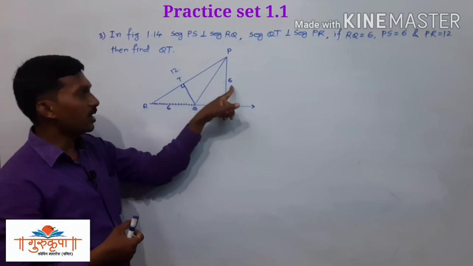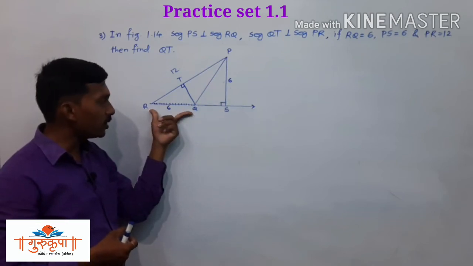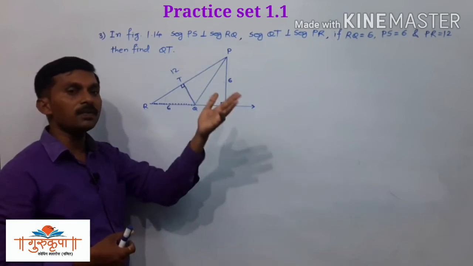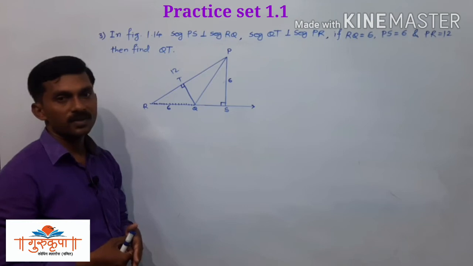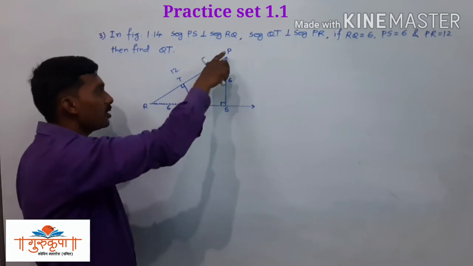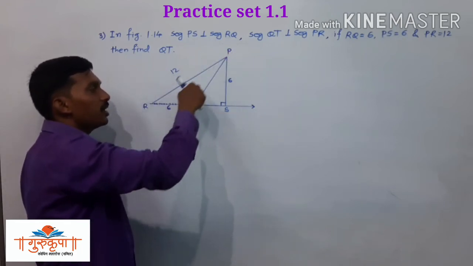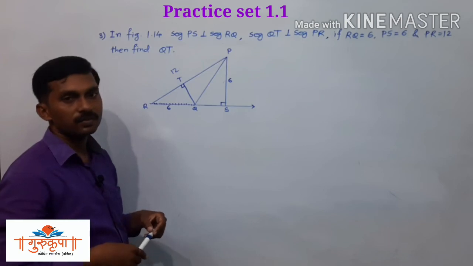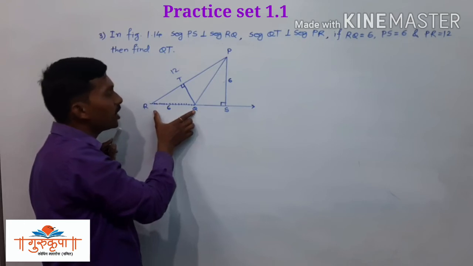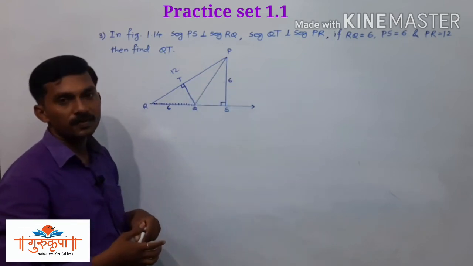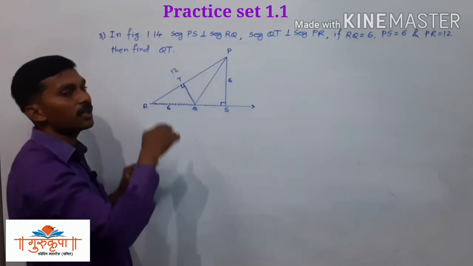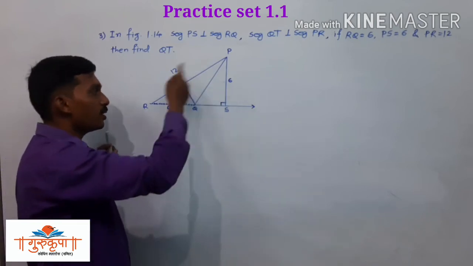First we know the base and height. We know the base of the triangle PQR, it is 6 and the height of triangle PQR is 6. So you can easily find the area of that triangle. Then again we have to find the area of that triangle PQR using this side PR as base and QT as height. And if we find already we get the area of triangle PQR using this QR as base and PS as height. And then again we are changing the base and height, again we have to find the area of the same triangle and the area is the same as that of the previous area.